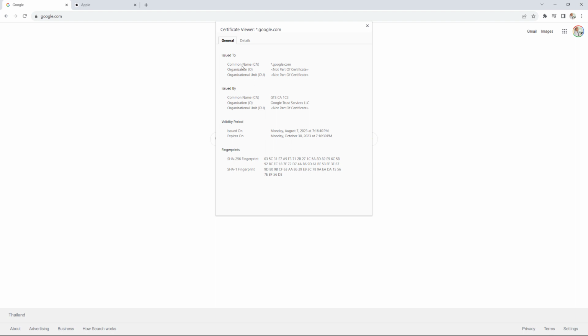So you can see right now that it was issued to *.google.com. Now, do you remember what the asterisk stands for? That is the wildcard domain. That simply means that any subdomain under google.com will also have this certificate. And of course, right here, you can see the common name. It was issued by GTS CA 1C3, the certificate authority, and then you can see the validity period right there,